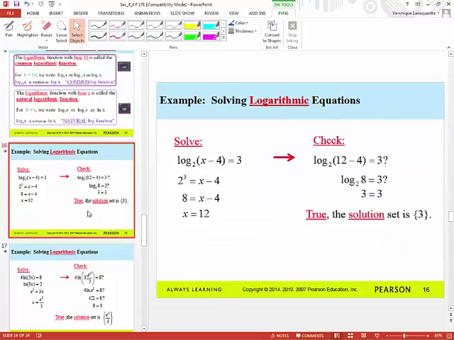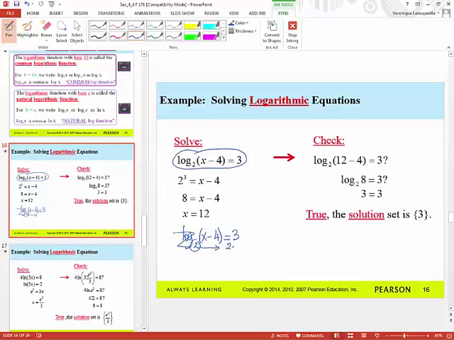Now, having said this, if we were to go ahead and solve this logarithmic equation, which we did do over here, notice how nice it is because you have one log on one side and then a number on the other side. So let's remember we're going to do something called zapping the log. Then this cancels on this side, so you just have x minus 4 on the left hand side is equal to 2 raised to the third power, 2 cubed, which is a value of 8. And you can just solve